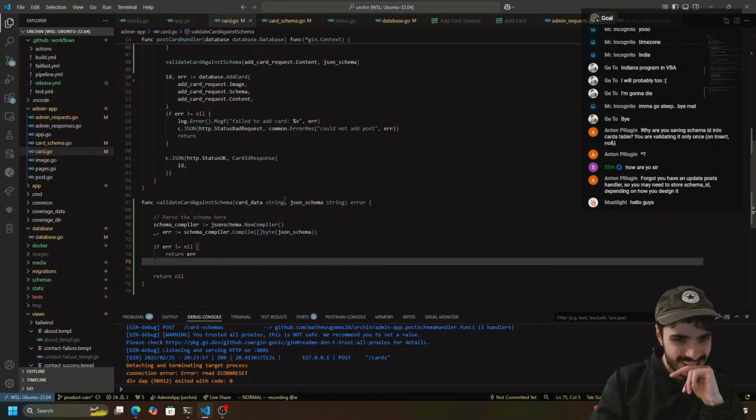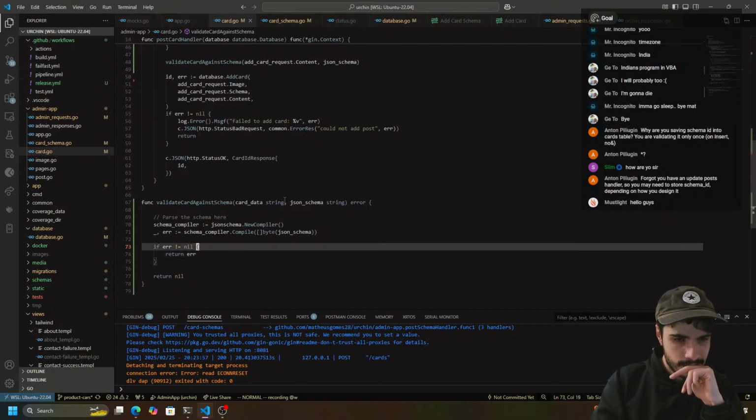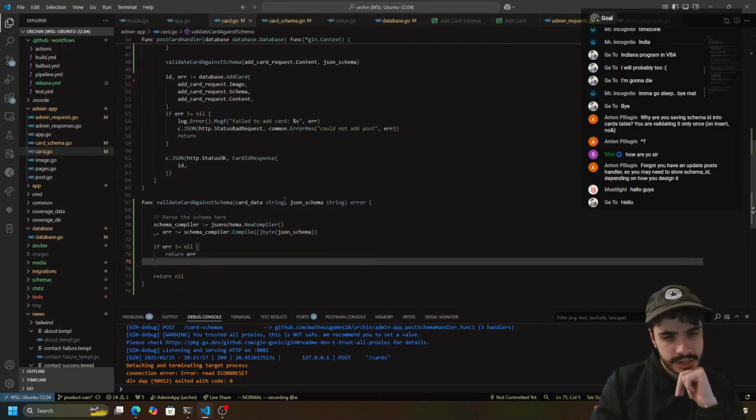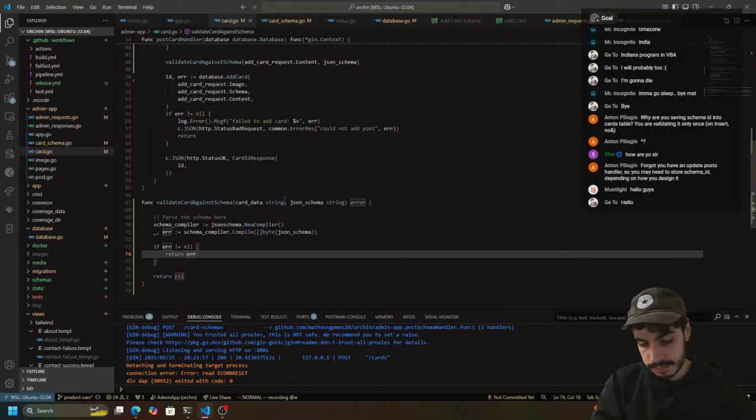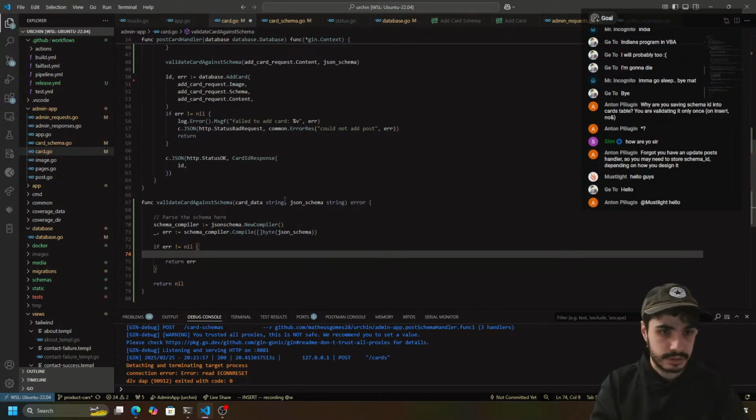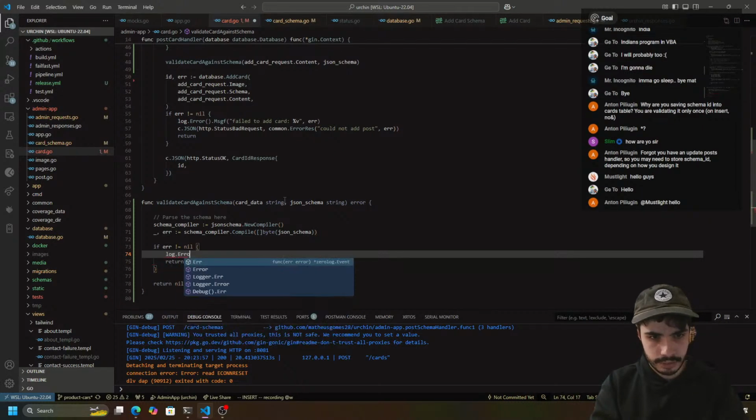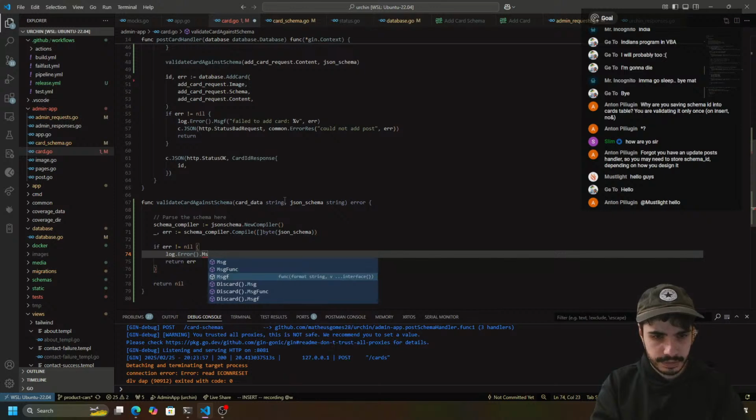So, yeah, I was thinking here, if any error occurs when I am compiling the schema, this should really be an internal server error, right? Not a bad request, but yeah, we are going to do that anyway. So if I do log.error msgf,